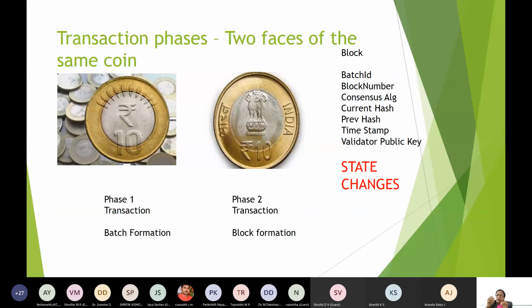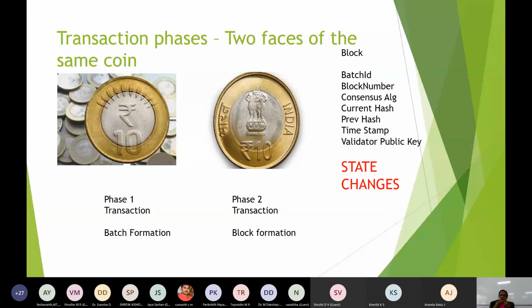Here, it will have the batch ID, block number, which consensus algorithm it has used, what is the current hash, previous hash, timestamp, and who is the validator who has validated this. I have not touched upon validating the actual transaction of the block, batch ID and all, but it is a state change.